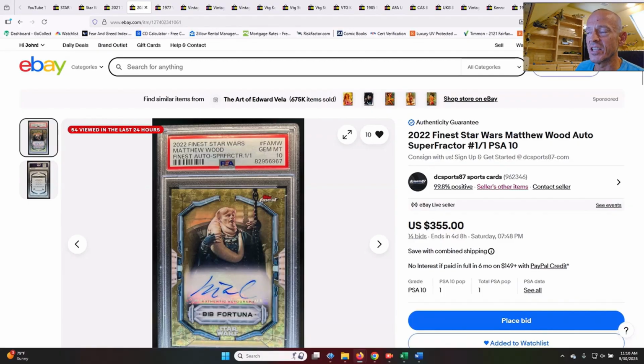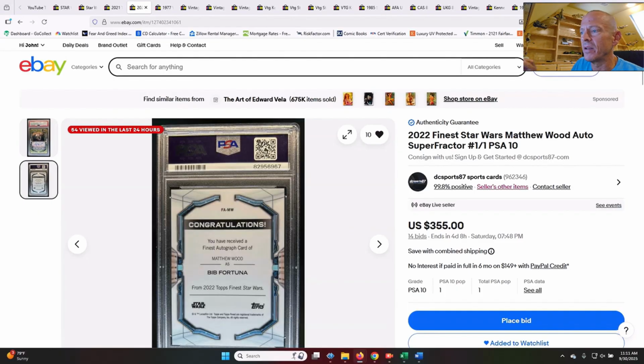On the other end is this one. This is a Super Refractor 1 of 1. So this is the only one that was made. It's signed by Matthew Wood, who I guess voiced Bib Fortuna. And I don't know if he played him as well, but I know he voiced him. And this, I assume it's the same character. But this is a Super Refractor Matthew Wood as Bib Fortuna, which is interesting because you don't think a lot